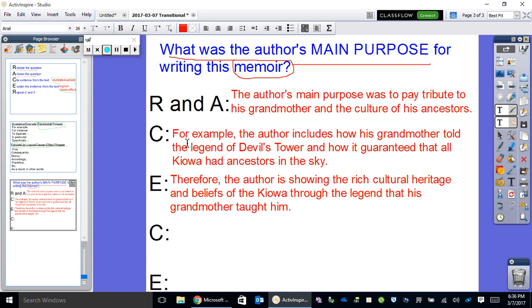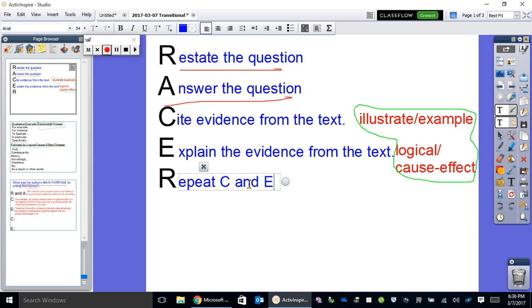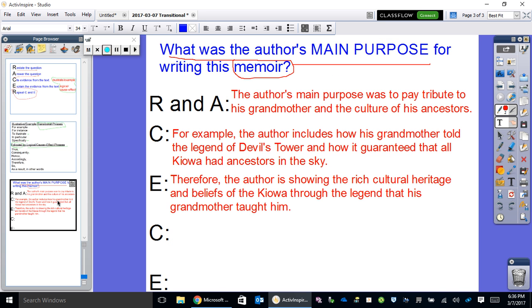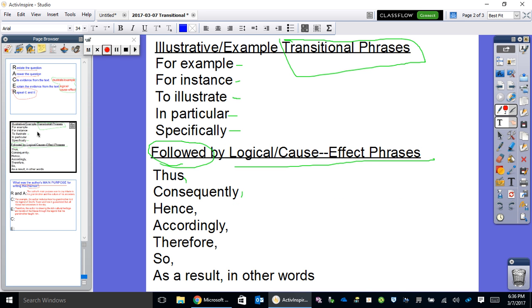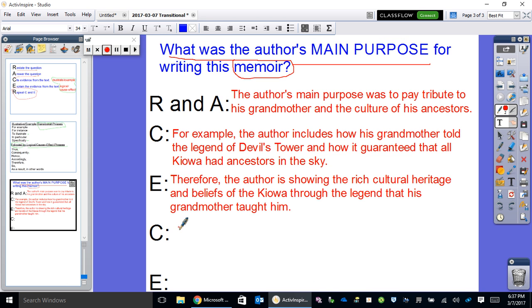Now, going one step further, if we're following RACER, our last part of RACER is that we certainly have to do it twice. So we need to cite more text evidence. Well, before we lead into it, we should probably use another one of these illustrative or example transitional phrases. So I would say, to illustrate, or we can even add another adjective to it, to further illustrate. You don't have to follow the list exactly. To further illustrate,